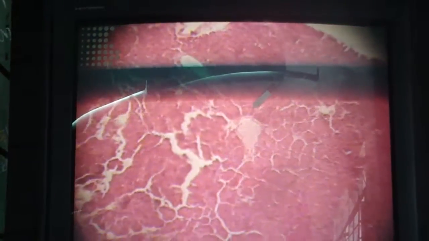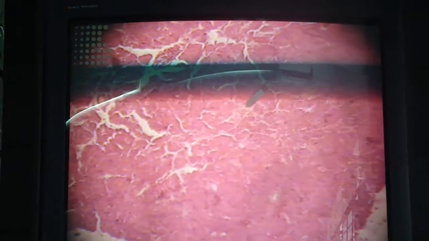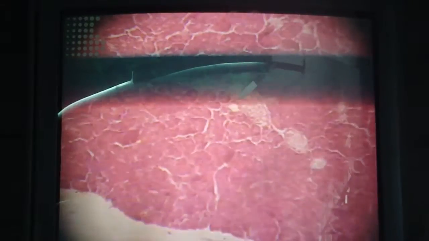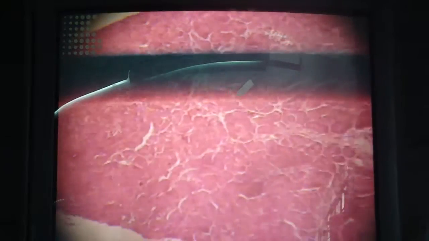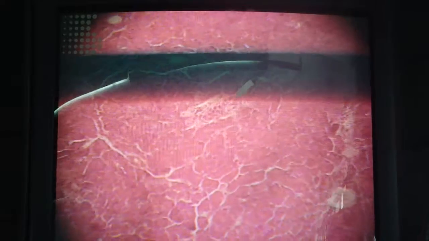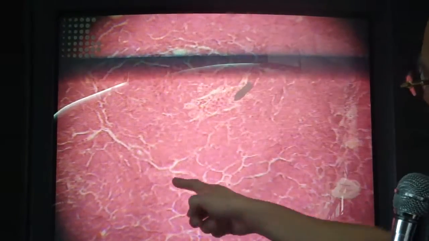So in the pancreas, these are all dark staining cells. That's not the islet of Langerhans. And you see light staining cells like this one, or this one, another light staining cell. This one is not included, and this is a blood vessel. So sometimes they mistake it for the islet of Langerhans. I'm just looking for the best one. Yeah, this is the best, I think, so far. That's a light one. So these are all dark cells.